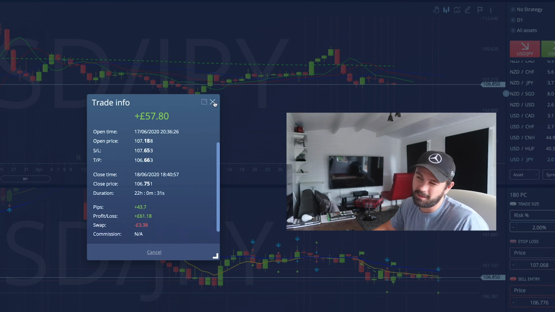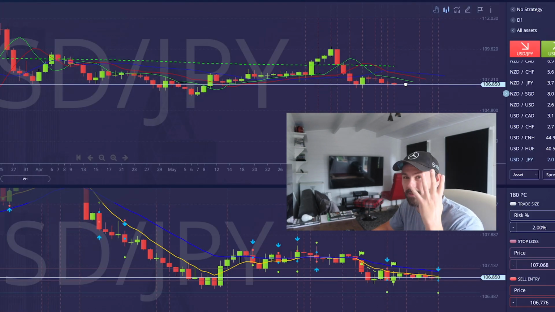I know before I said I didn't like paying swap fees, but if it's a lot steadier and a lot safer to make these trades and I lose a lot less, then to me it's worth it, because I'm cancelling out the losers. I'm only focusing on the winners, basically, because I'm using the alligator indicator. We have now got 4 confirmations saying we should take this trade. It makes a lot of sense.